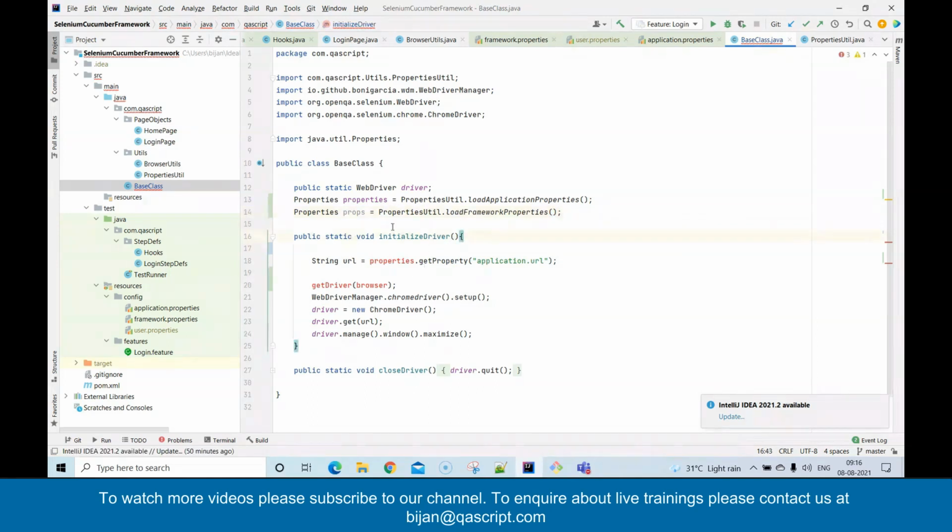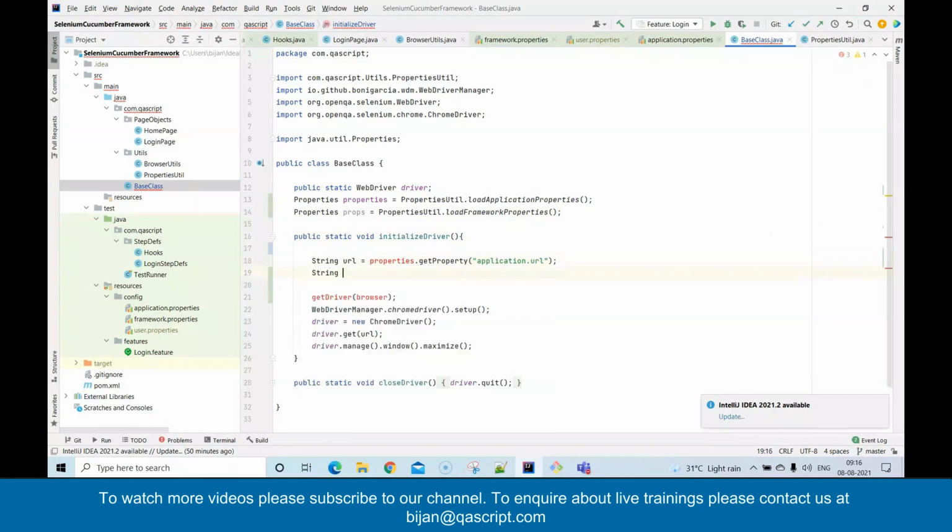So from here, I can get the browser which we want to run for this framework. Okay, so this is the browser. Once we get that, we'll pass it in this